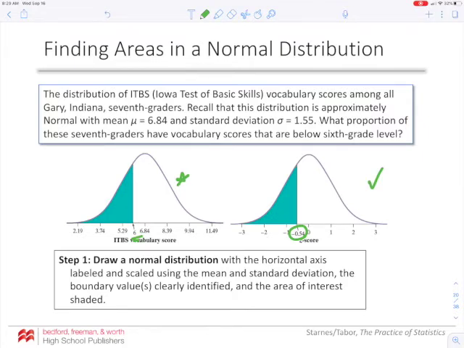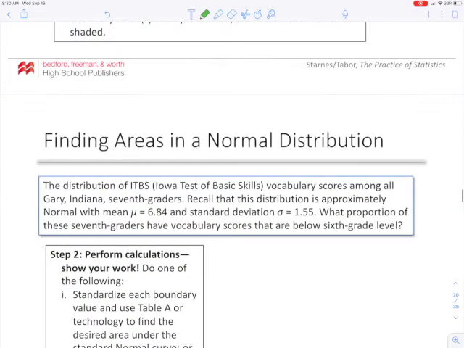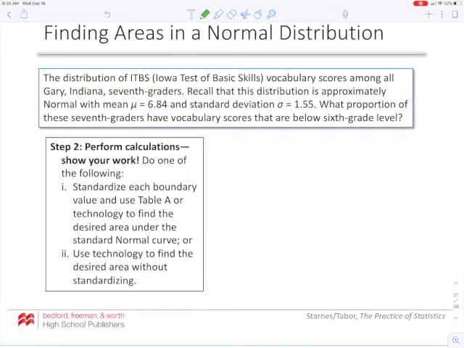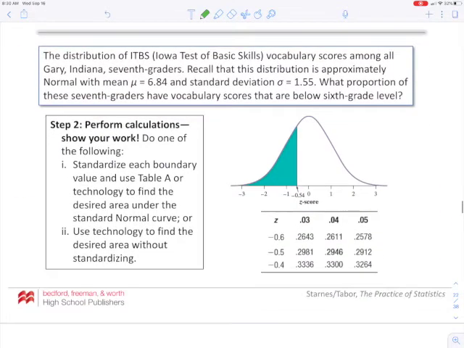Now the reason why we can't just find it as a percentile is we're not given the data set. If we were given the list of scores, we could easily figure out the proportion. But we don't have that here. So that's why we have to learn another way. So, performing our calculations, we need to standardize the value, which we've done. Now you are given a table called Table A. We're going to use this table to find the proportion of 7th graders that have vocabulary scores that are below